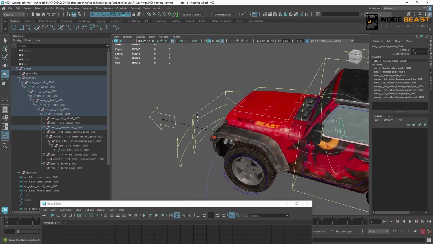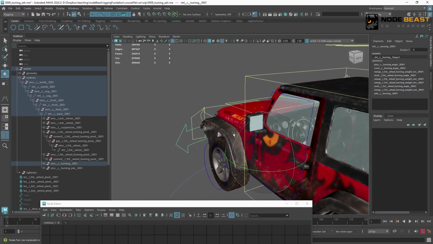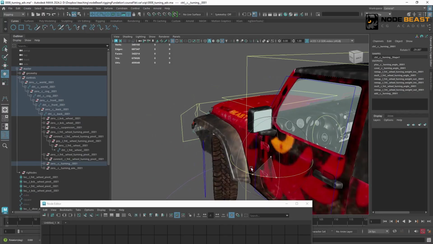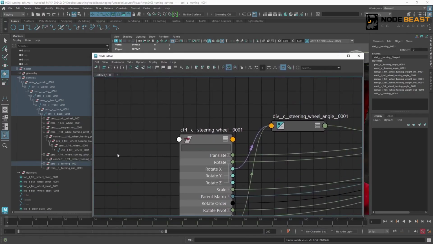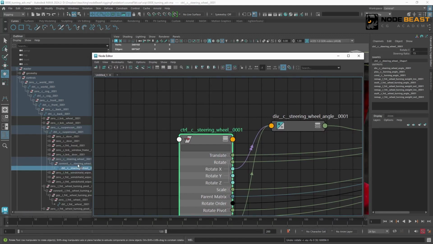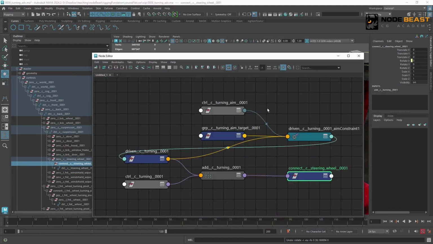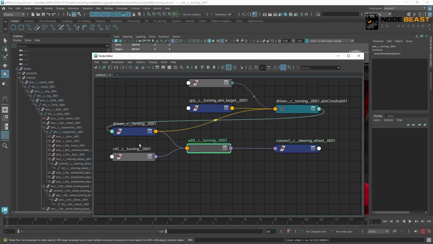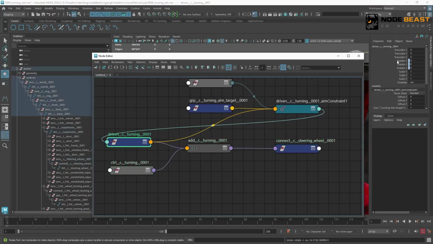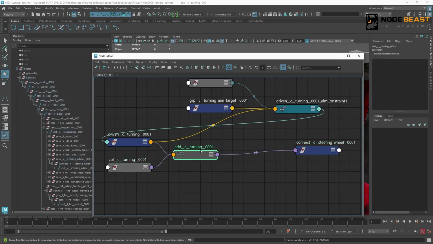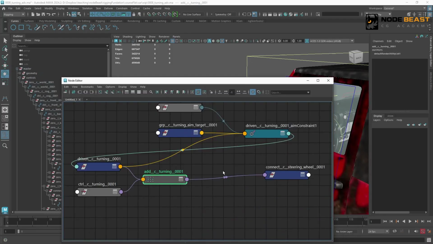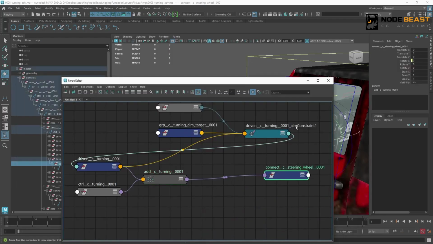We also need to check, when we move the steering controller, the steering wheel is still being driven one-to-one. So here we also need to make an adjustment. Let's find the steering wheel controller, find the connect group above it and show its inputs. Its input is the sum of the steering controller and the parent driven group's rotation. So we'll take this sum the result, because this result is the car's actual rotation, and multiply it by the steering ratio. That should be the final steering wheel rotation.